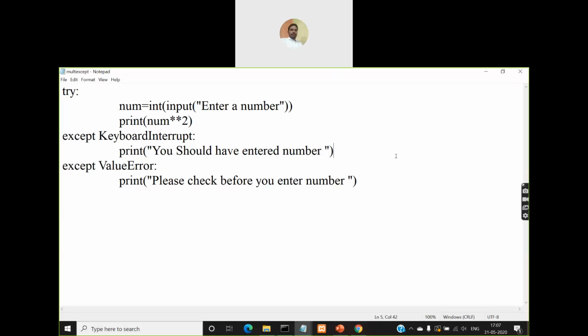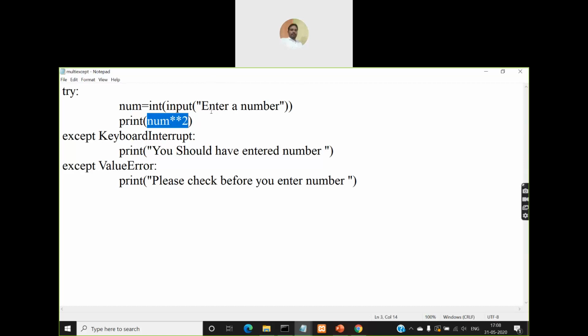In the previous session, we have seen multiple except blocks along with the finally block and else block also, right? So this program will use only multiple except blocks, no else block and no finally block. So look at the try block. We are reading a number using an input function and converting it into integer format and storing it in the variable num, and then I'm finding the number's power of 2. So that is square, a square of the number I'm finding and printing it using the print statement.